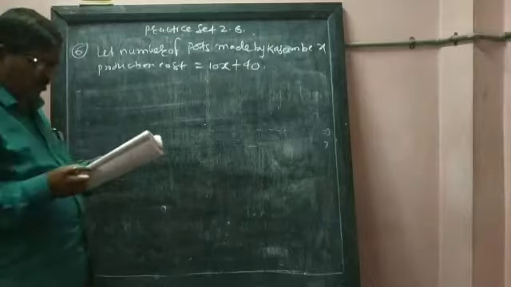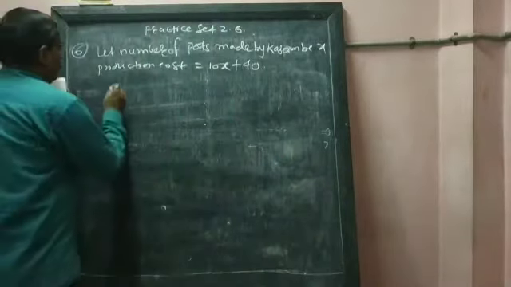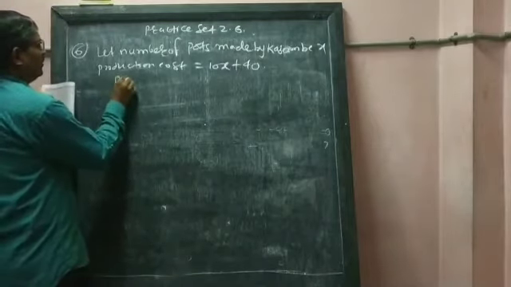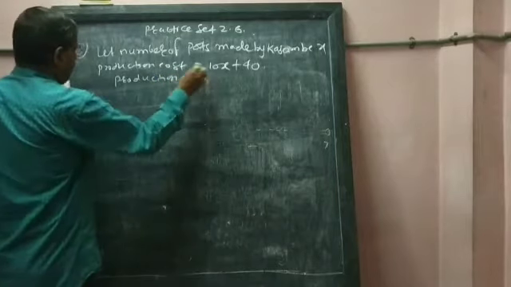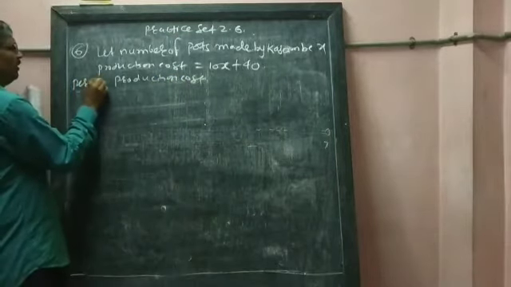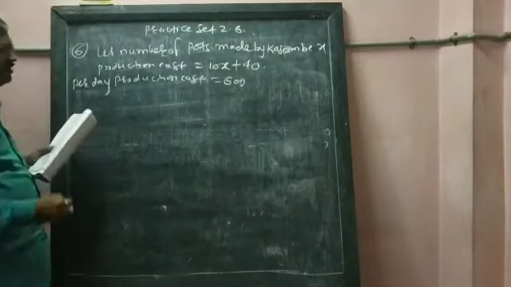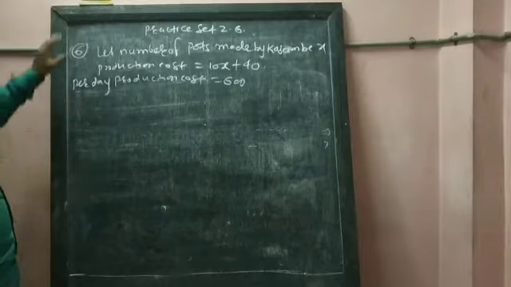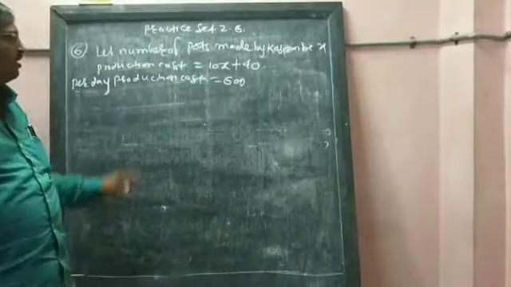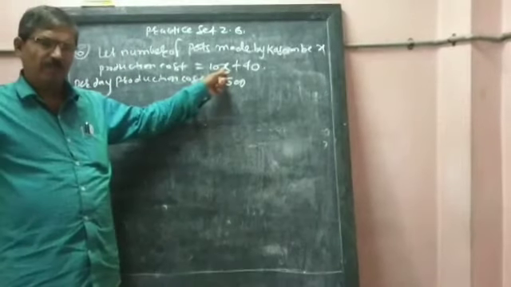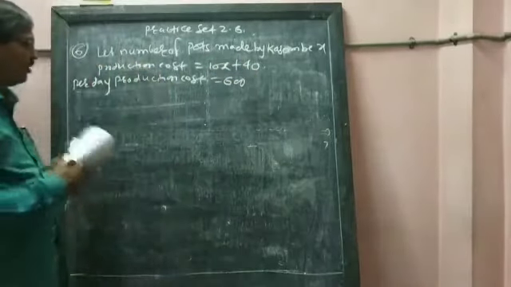If the production cost of all pots per day is rupees 600, that is given. Once again I am going to tell you that the number of pots prepared by Kasam is X. What is the production cost? The production cost is 10 times the number of pots, means 10x, plus 40 rupees. So as per data,